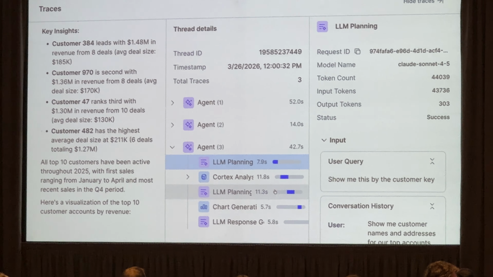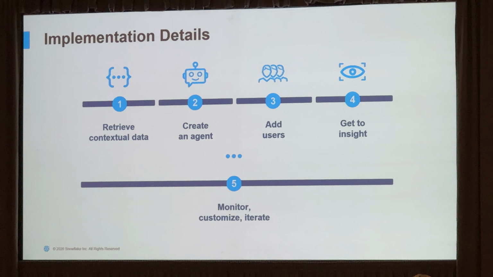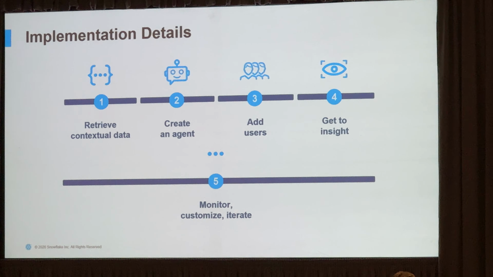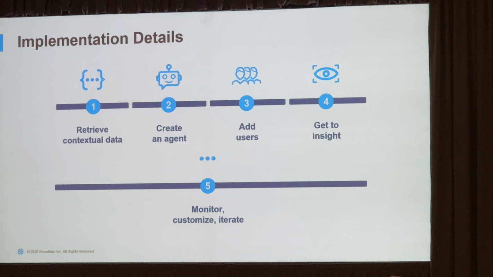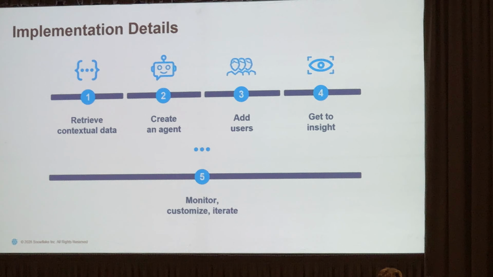So I'm way over time, so I'm just going to wrap things up here. If we go back to the slides real quick, we can show that QR code at the end. This is how you get started, right? And I think we've reviewed that today, in terms of getting from the data to creating an agent, the users, the insights. And I think the key part here is iteration, right?